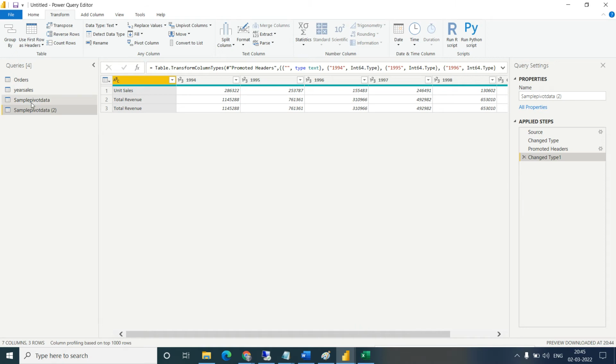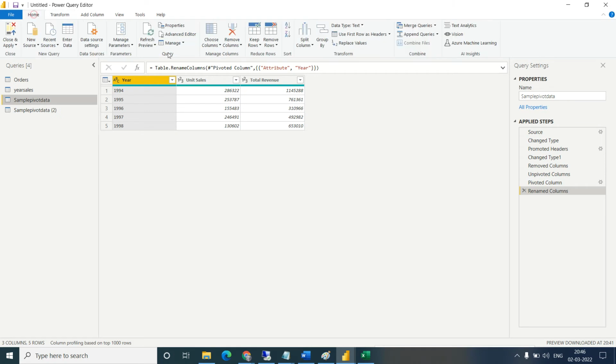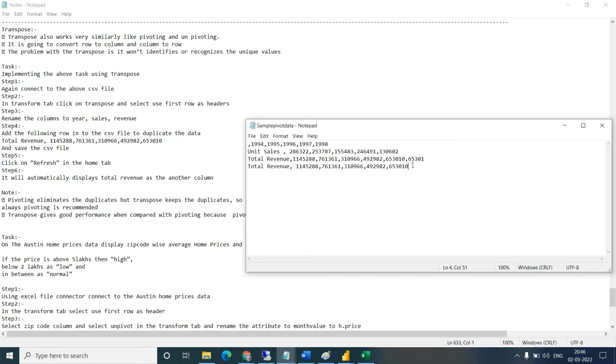So if you go back into the sample pivoting, if you refresh, you will get the unique value only. What I am saying, I have added the new line that is a duplicate, same as the one above, right? So it should give us some unique value, right?